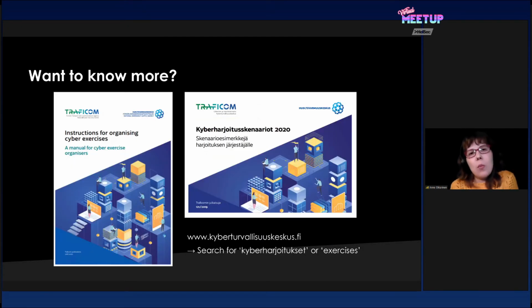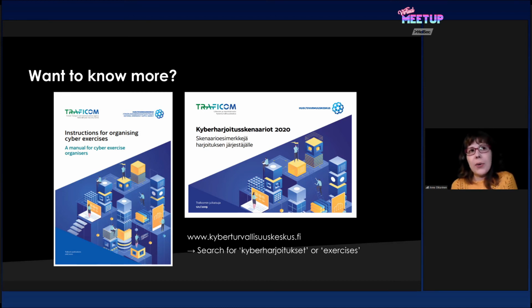And actually, if you want to know more about cybersecurity exercises, there are a few good instructions from Traficom, the National Cybersecurity Center of Finland. First of all, this catalog of scenarios. That's unfortunately only in Finnish, but maybe you can ask your friend to translate it, or put it in Google Translate. It's all kinds of scenarios, small and big, like, okay, what if ransomware would hit us? Or, okay, somebody sent us a vulnerability report of our product. What do we do now?